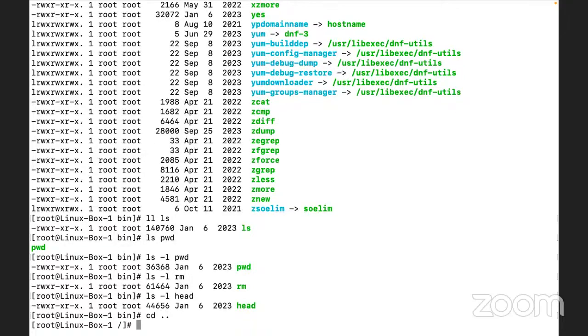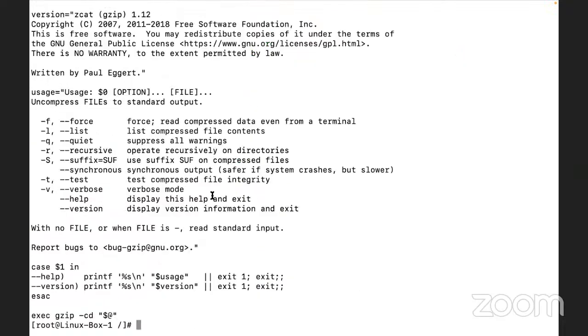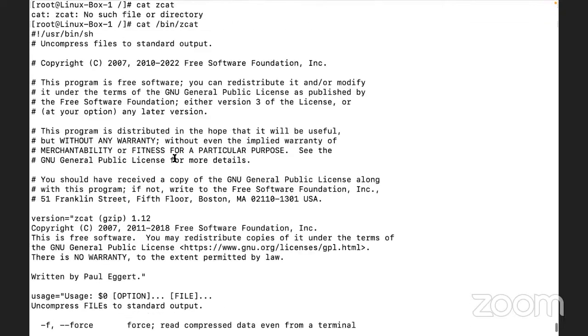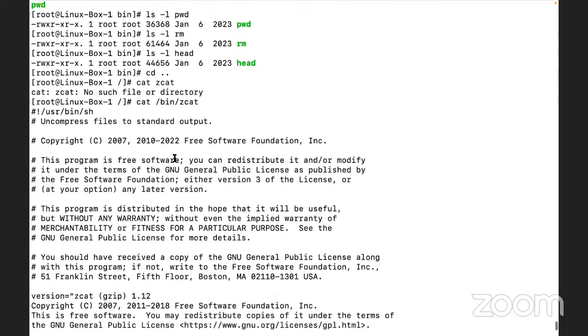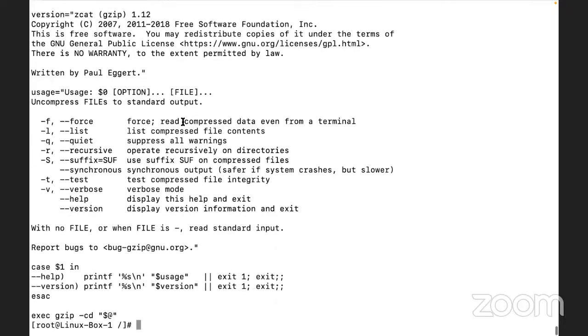So ideally we should not. And why is that so? Because if we are going to edit any of the files, these are binary files. Let us say there's a particular command known as zcat. I don't know what it is going to do for now. Let us say I have a particular file /bin/zcat and I want to read it. So it is going to print some information here, right? So what if I modify this? It is going to perform some operation, like the version of it and how it is going to work. These sorts of information are written here.